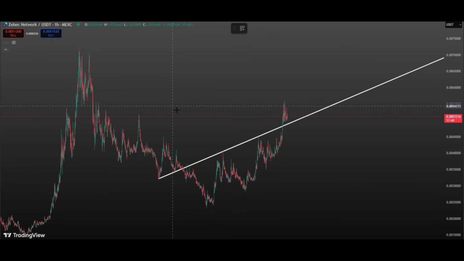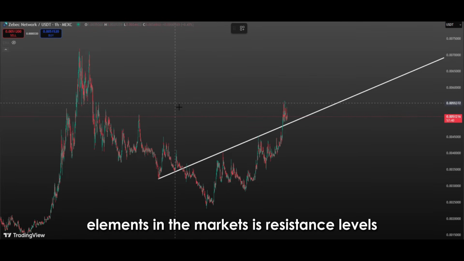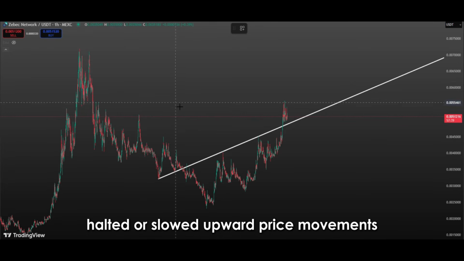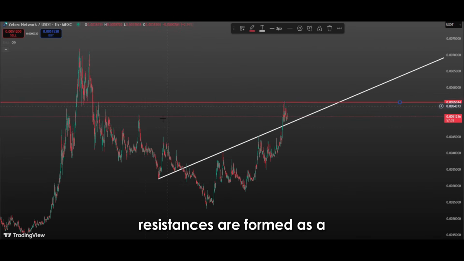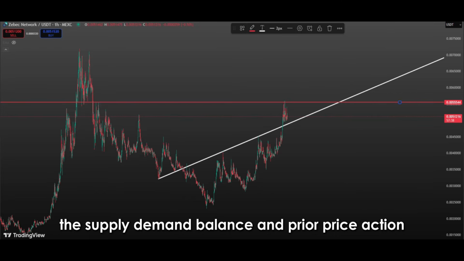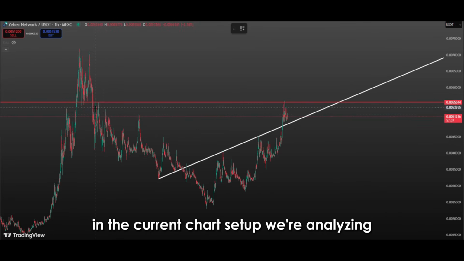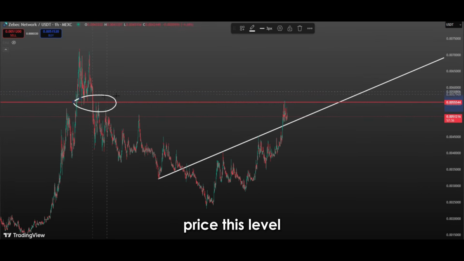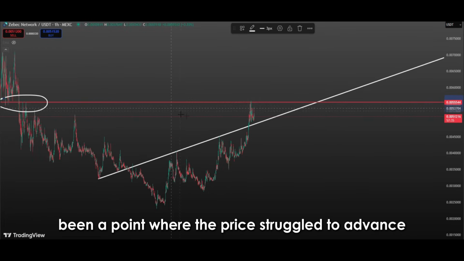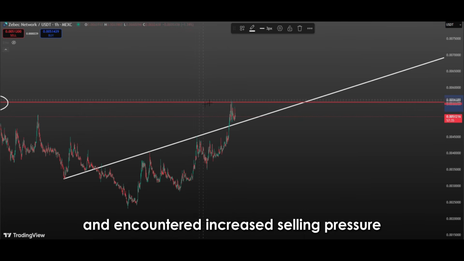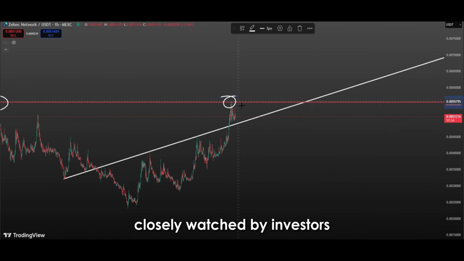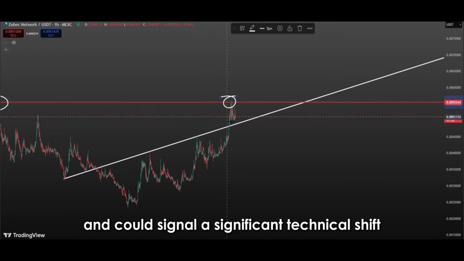In technical analysis, one of the most closely monitored elements in the markets is resistance levels. These levels are known as areas that have previously halted or slowed upward price movements. Resistances are formed as a result of investor psychology, the supply-demand balance, and prior price action. In the current chart setup we're analyzing, there is a clearly defined resistance zone being tested by the price. This level has historically been a point where the price struggled to advance, reacted multiple times, and encountered increased selling pressure. This resistance level has become a key area closely watched by investors and could signal a significant technical shift